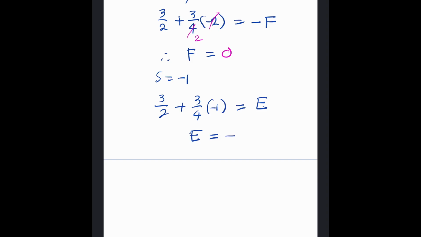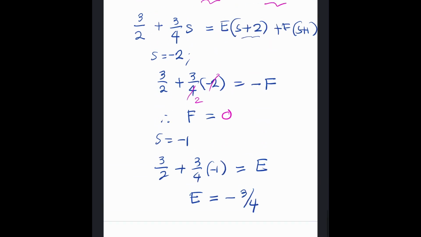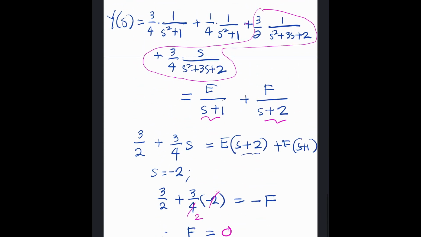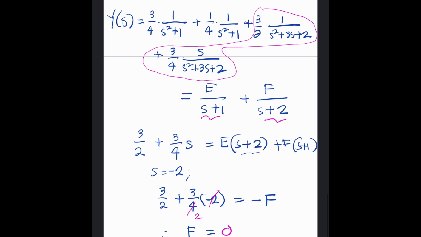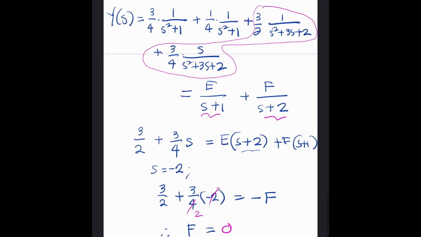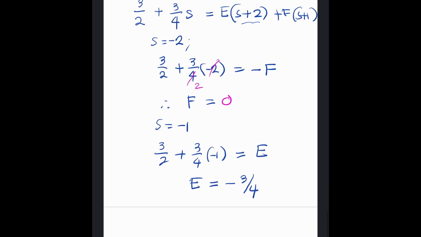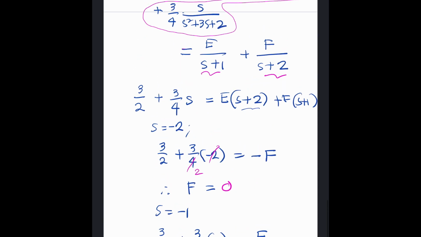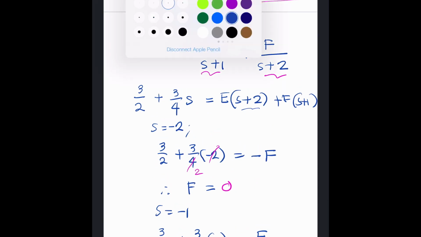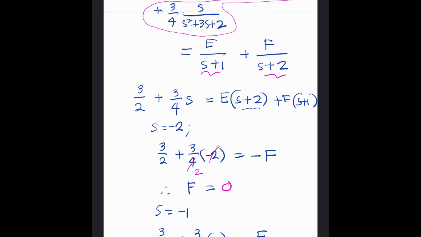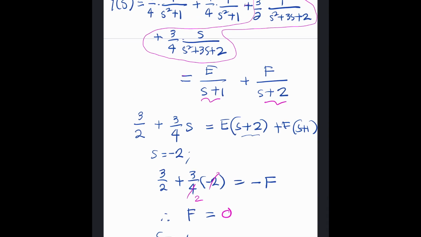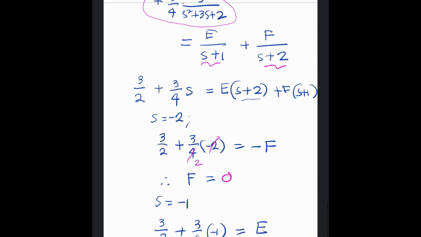No, 6 fourths. Yeah, negative 3 fourths. Okay. So if f is 0 and e is equal to negative 3 fourths, therefore, this whole thing, the encircled one, becomes, what's the value of e? Negative 3 fourths